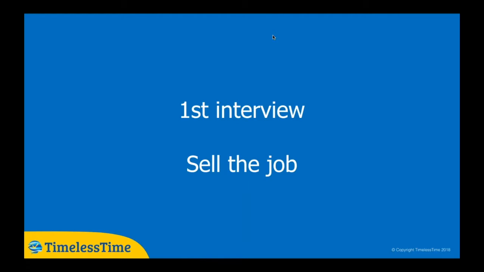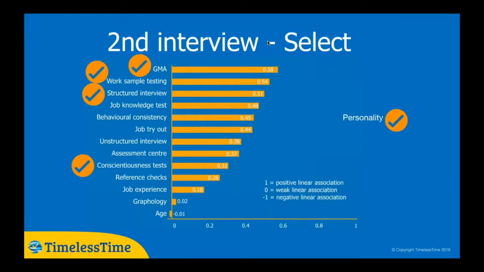The next thing then we go on to, of course, is the second interview. And Sue covered these, you've seen this slide before, those that have been on before have seen the slide before. We advocate the GMA, the general mental ability, that is the three elements of reasoning testing, and you'll see the predictive validity figure there, 0.58. We advocate a work sample test, and we'll look in a moment at what one of those looks like.